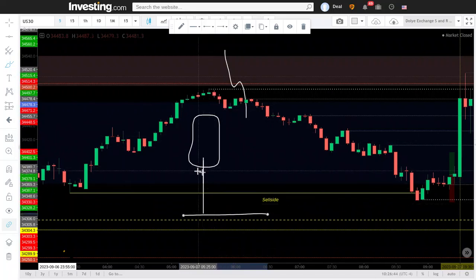But what they fail to realize is that there's money below the red candles. This is a red candle right here. You see this red candle? This is the actual low. You see this